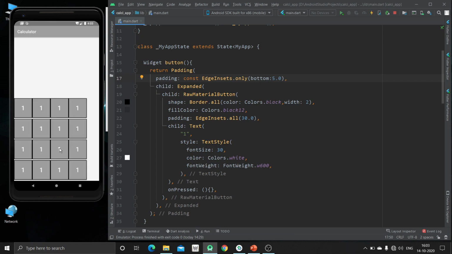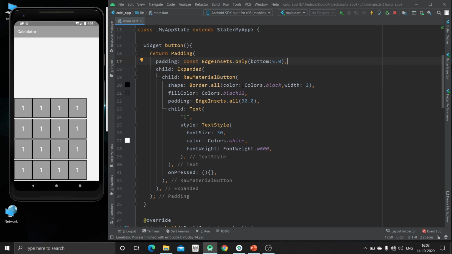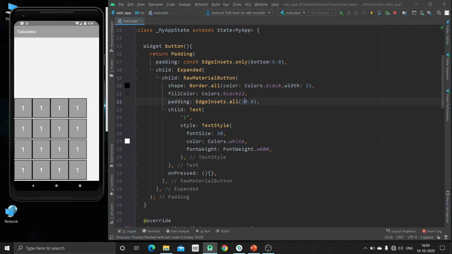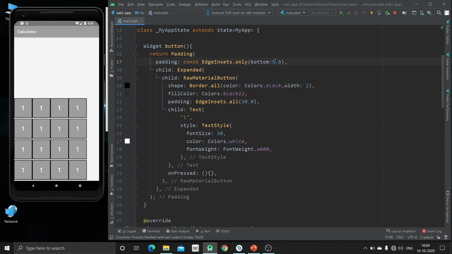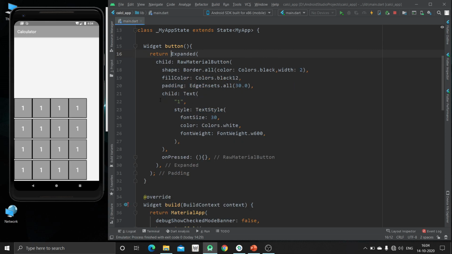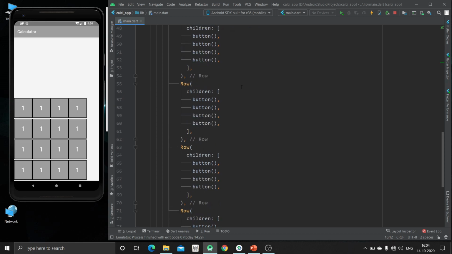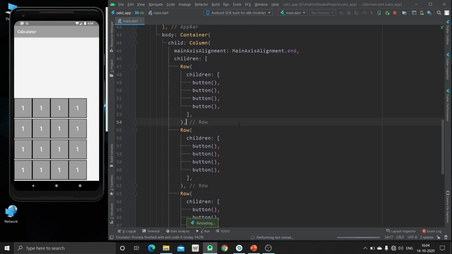Okay, still, just increase this to 40. Okay, 30 was good. I'm just going to remove this padding only, and instead of that,